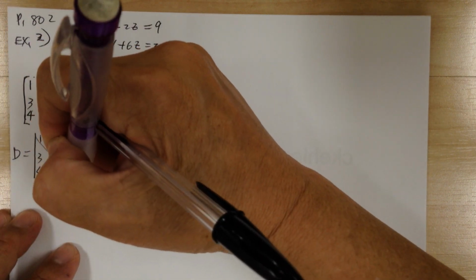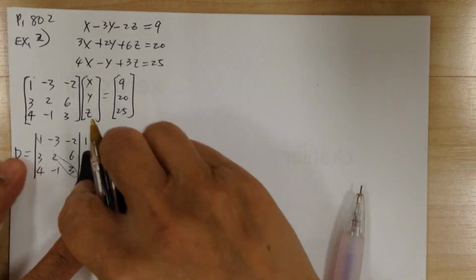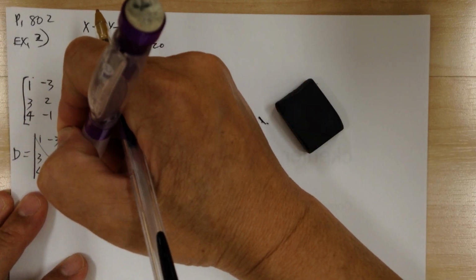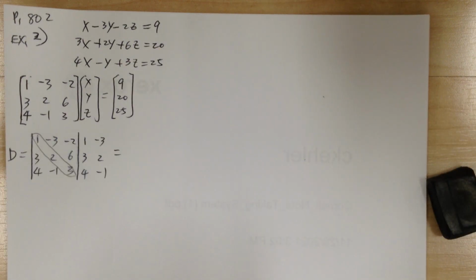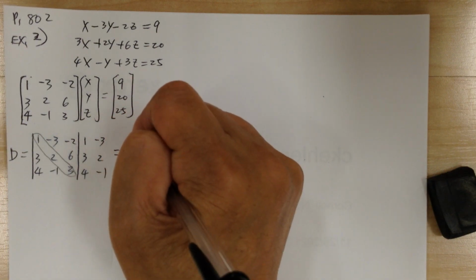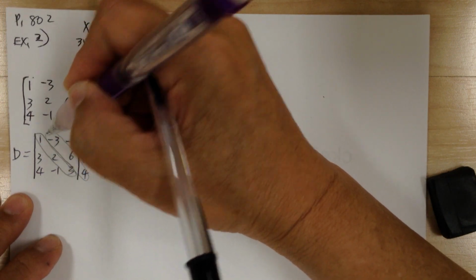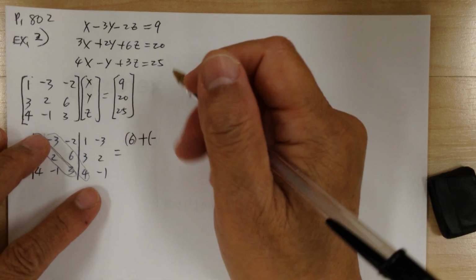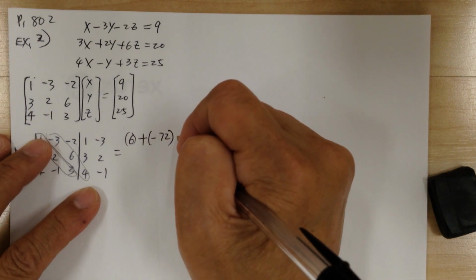Okay, so this diagonal. Instead of doing the circle, I'm just going to draw the line. Okay, let's do circle then. You have to be careful when you're doing the lines. You might mess up the negatives. Okay, so multiplying this will equal 6 plus, I'm going to put a positive on the top. And this diagonal right over here, this would be negative 72. Okay, plus